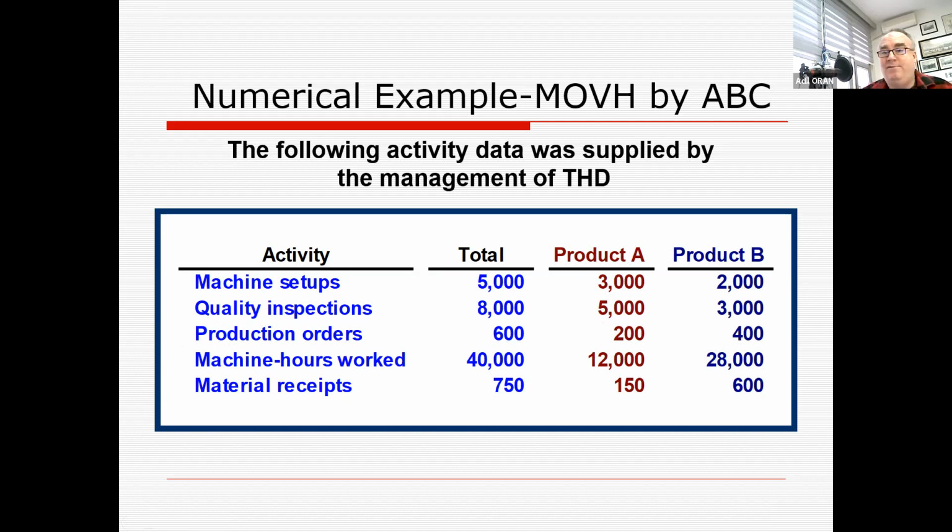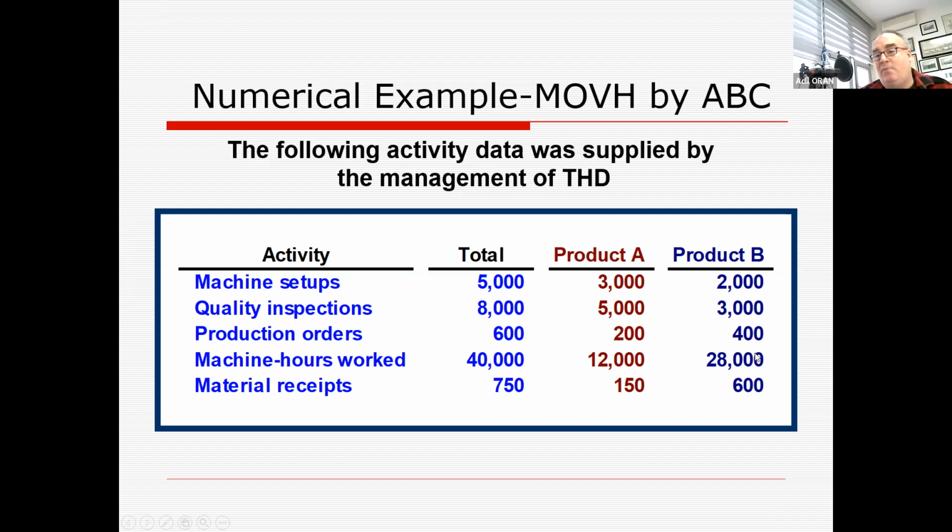So a lot of the cost for that should be going to B, but we were assigning it 2.5 to 2 based on labor hours. So this might be a big difference. Machine hours worked: we actually have a lot of A being produced, but machine hours, only 12,000 for A and 28,000 for B. Wow, this is another big difference because we were assigning the overhead about 2.5 to 2. Whereas for machine hours, product B is using much more machine hours compared to product A. And then for material receipts, again, product A, only 150 of the 750 versus 600 of the 750 to product